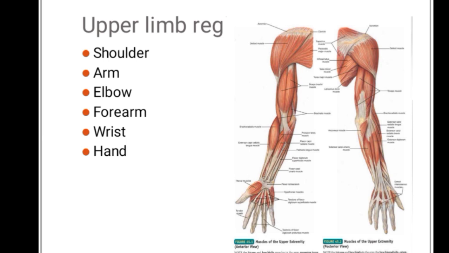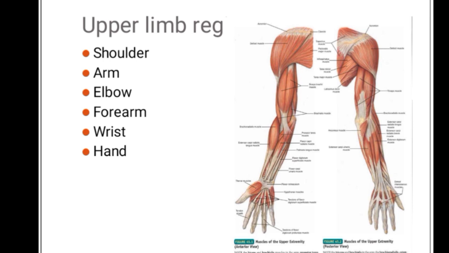Today we will discuss the upper limb regions. Basically, the upper limb, which is a complex organ, is divided into six main regions: the shoulder, the arm, the elbow, the forearm, the wrist and the hand. In the upper limb, we study these regions separately. Each region has its own complex structures such as muscles, ligaments, bony attachments, joints, nerves and vessels. These will be studied separately in each region.